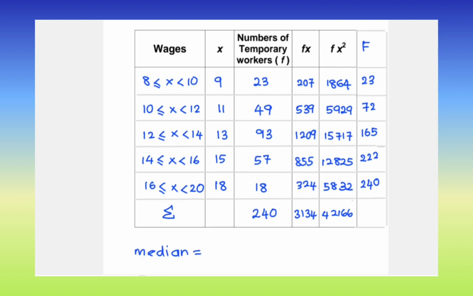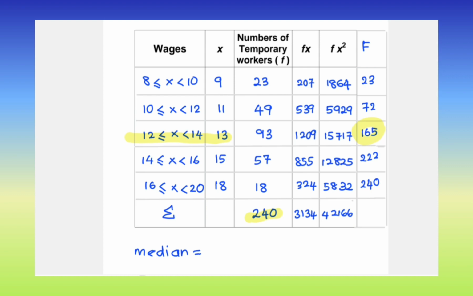Firstly, we need to determine which class of wages has the median. Okay, macam mana nak tentukan? Kita akan ambil total semua 240 ni. Median adalah 50% daripada dia kan. So 240 divide by 2, kita akan dapat 120. Okay, 120 ni duduk dekat mana? Kena check dekat part kumulatif yang kita cari tadi. 120 berada dalam range ni. So maksudnya median kita akan berada dalam kelas